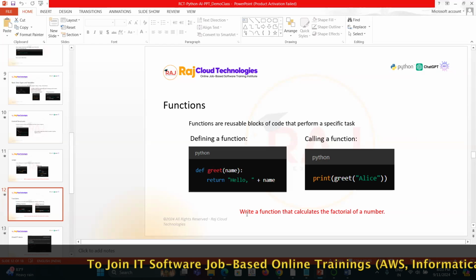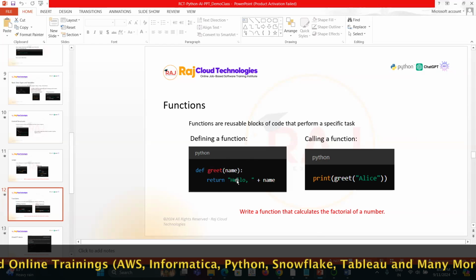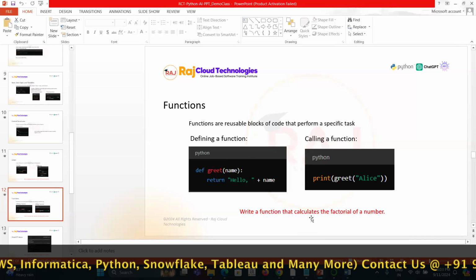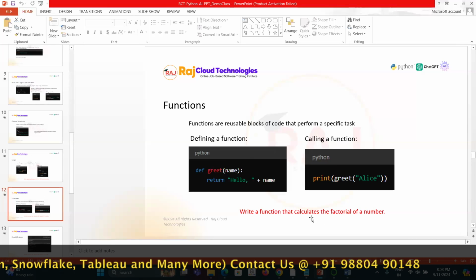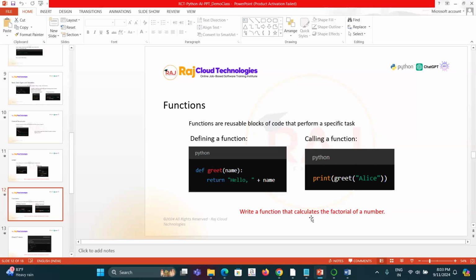That's what factorial is. So you can write a function like this and try to calculate it. But as of now, writing that kind of code, you have to apply a lot of brain, and that has now become obsolete.